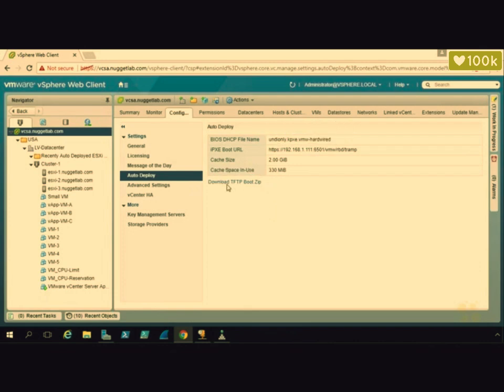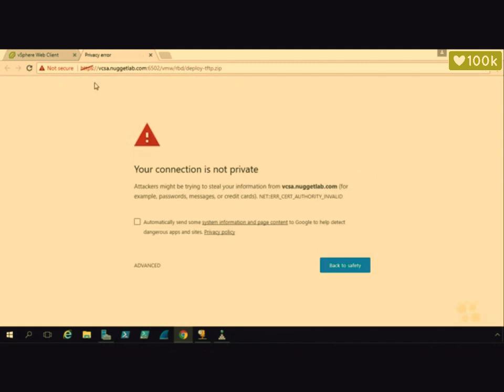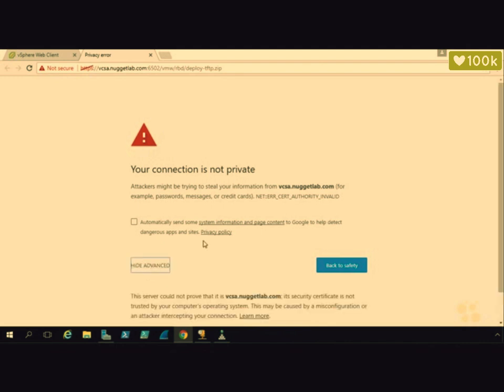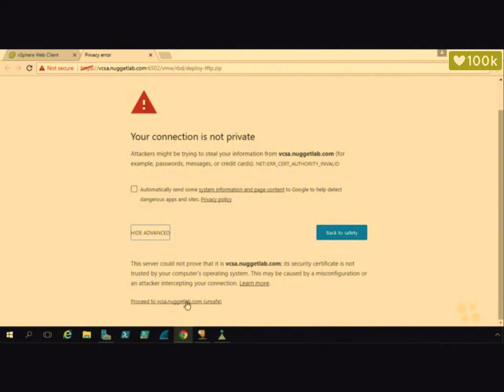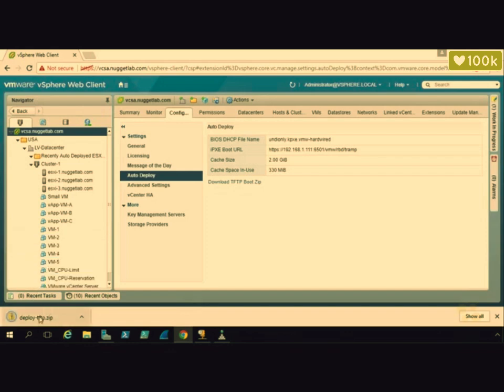So if we click on the link for download TFTP boot zip, we'll go ahead and click on that to do it. This is coming to us via HTTPS from the vCenter Server Appliance, which we still don't trust its certificate from our browser perspective. So we'll click on Advanced, scroll down, and click on Proceed to vcsa.nuggetlab.com, at which point it's now downloaded that